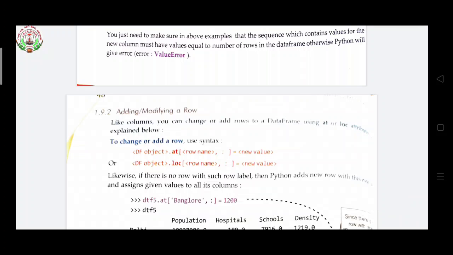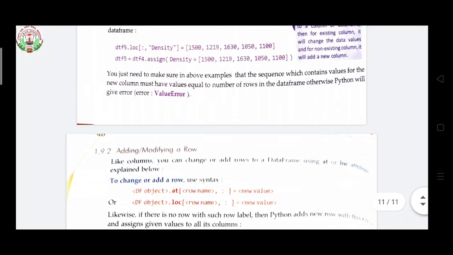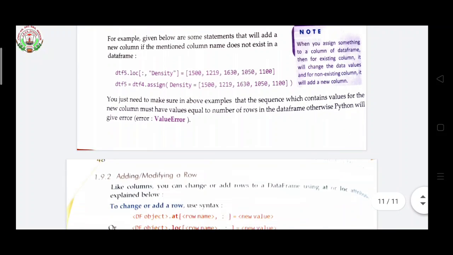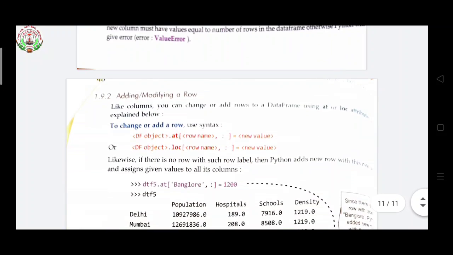Next is how to work with rows, adding and modifying a row. Up to here we had seen how to add a column and how to add values in our data. Now next is how to add a row and how to modify a row. What is the syntax? Like a column, you can change or add rows to a data frame using the at or loc attribute.